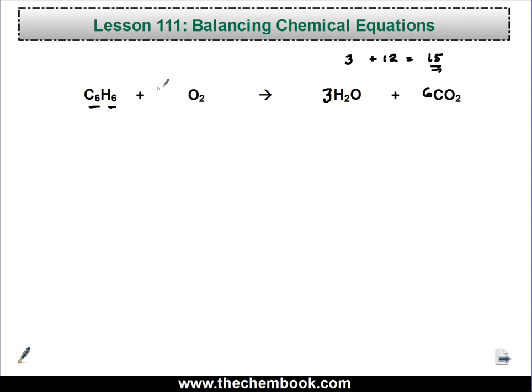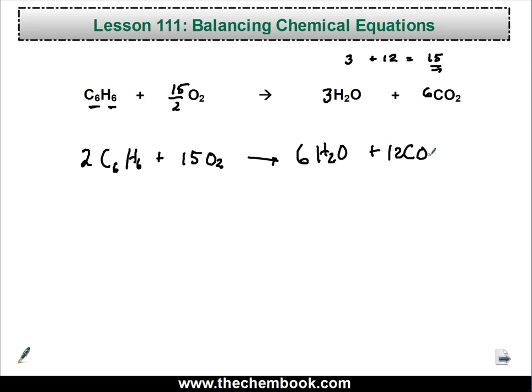Well, we could do 15 halves here, and that would be balanced. Except we don't do fractions whenever we balance. We go to the smallest whole number. So let's multiply everything by 2, and we can end up with a balanced equation. So we end up with this hydrocarbon, 15 of the diatomic oxygens, and then, of course, 6 waters and 12